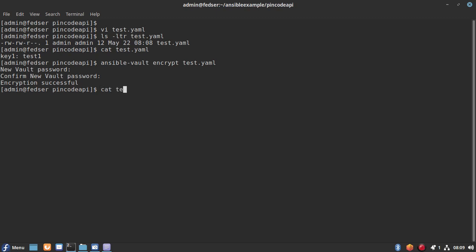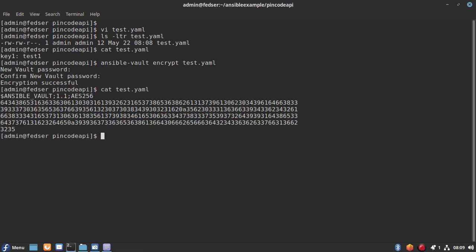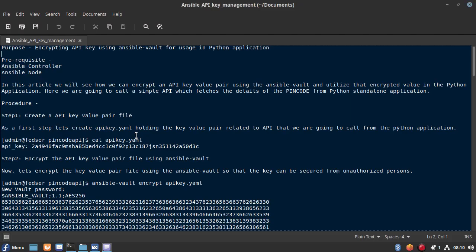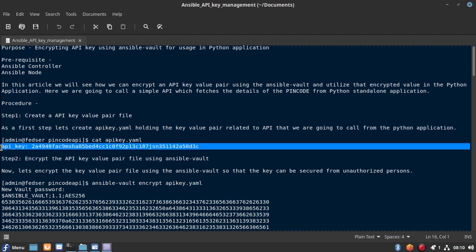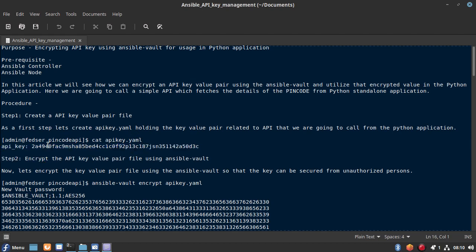Now if you look at the content of the test.yaml, it was previously plain text. Now you will get an encrypted content of that key value pair. This is what I have done with the actual encryption key. This is my API key which I have stored in the API key.yaml file.